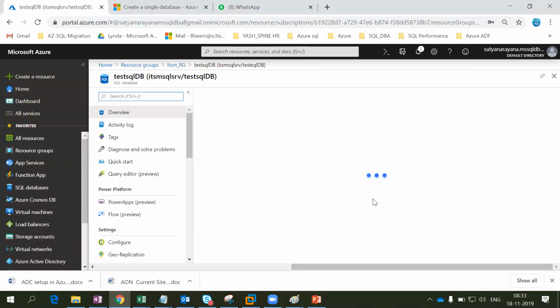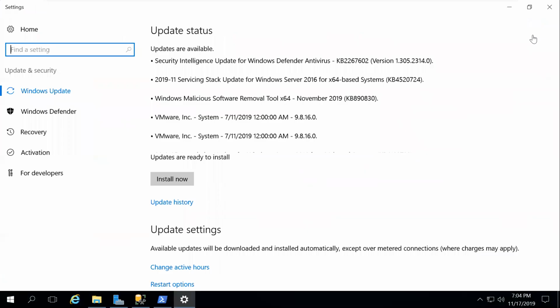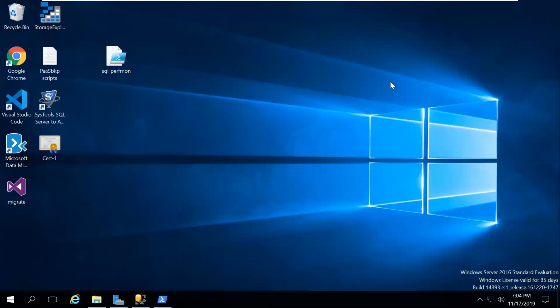So now this is my overview, and we'll discuss everything later, but at this point of time I want to connect to my database. How am I going to connect? As I told you guys, when I try to connect, it is definitely going to throw an error. You have to keep that in mind. How are we going to resolve it? There are multiple ways. Today we'll see one approach, and tomorrow we'll get the same error again and see how to resolve it.